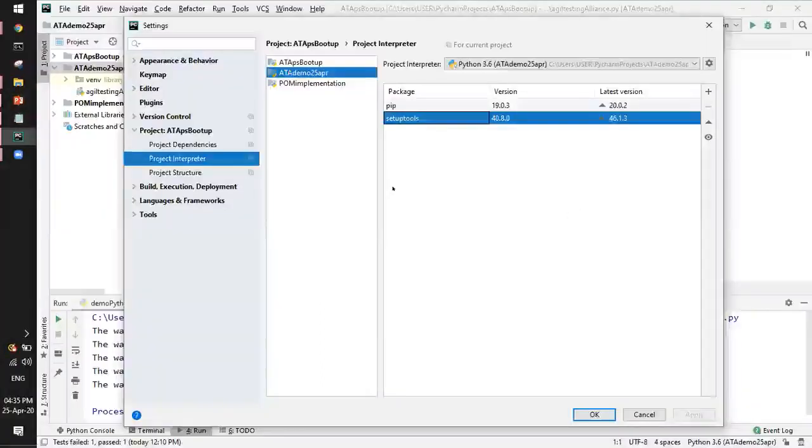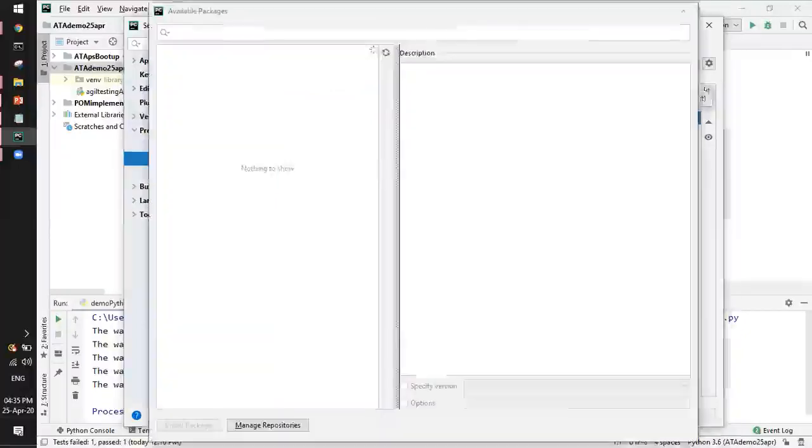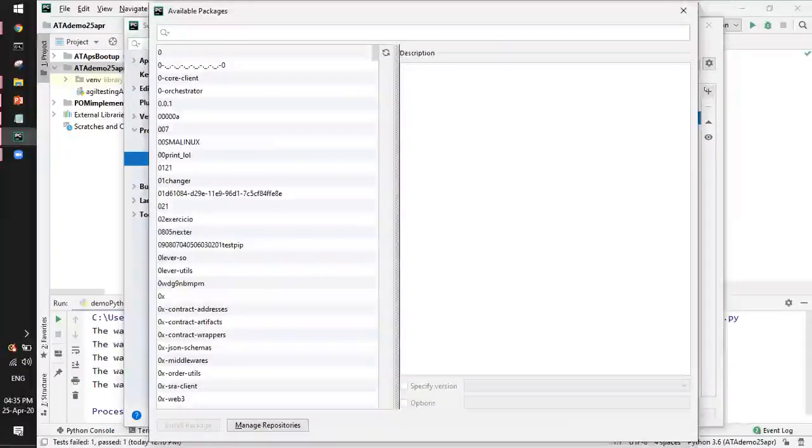What I have to do here is click on the plus symbol. The moment I go inside the project interpreter, I select my project and click on the plus sign. The plus sign will show a list of all the available packages that can be utilized. There's a huge library available, with several packages, and you can put it to use for anything you want.